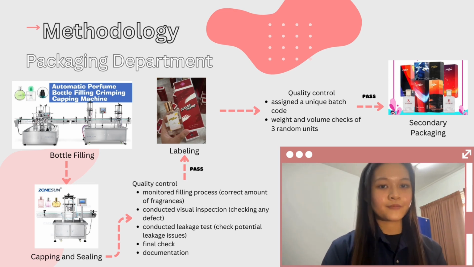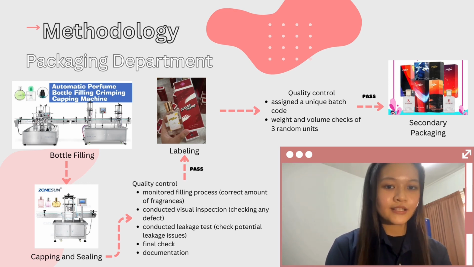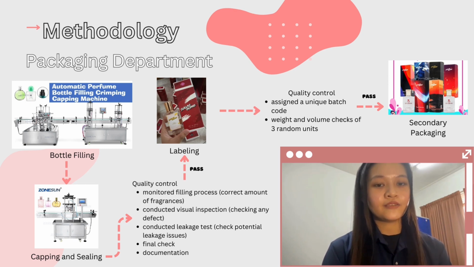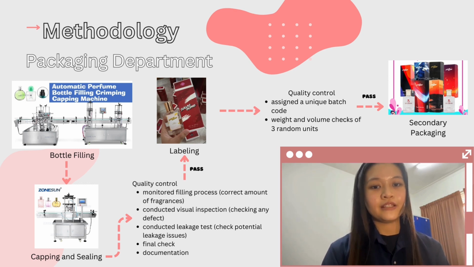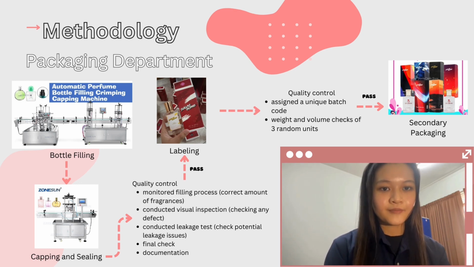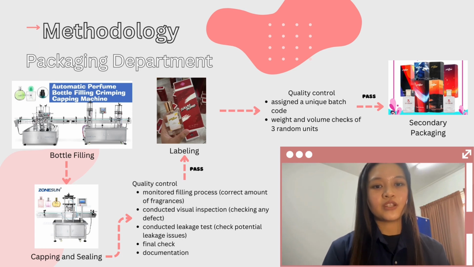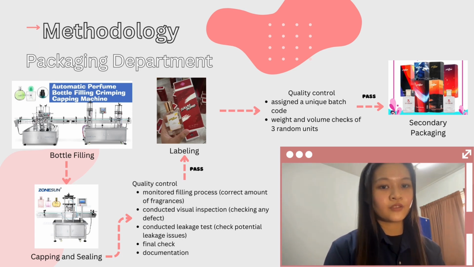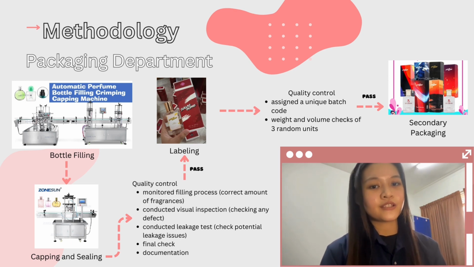product lines. Following the filling stage, the bottles are capped and sealed, a process essential for preventing leakage and maintaining the fragrance quality. Moving to the quality control process of the filling and capping in the perfume industry, it is a crucial step to ensure that the final products meet the highest standard of quality, safety, and consistency.